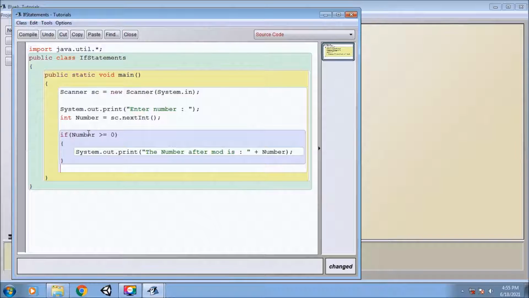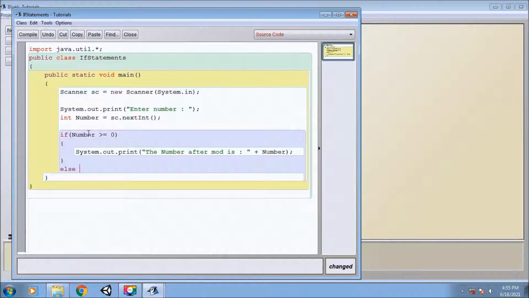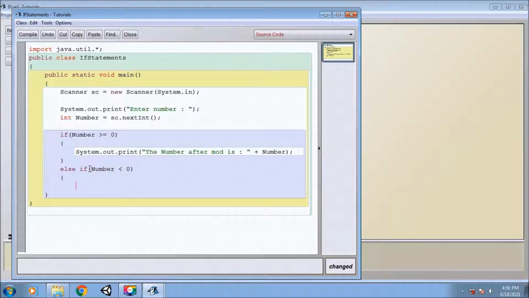But if the number is less than 0, for checking it we have to write else if, because if the first line is not true then the control comes and checks this line. So here we write else, then if another, and number. For this one we have to check less than 0, not equal to, so just write number < 0. And if it is true, which it will be,